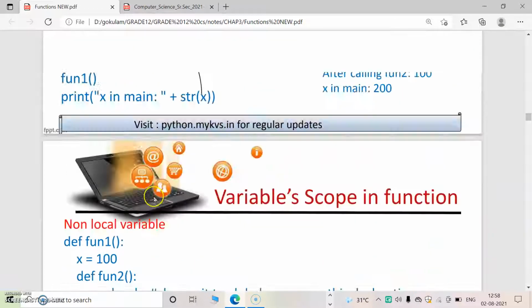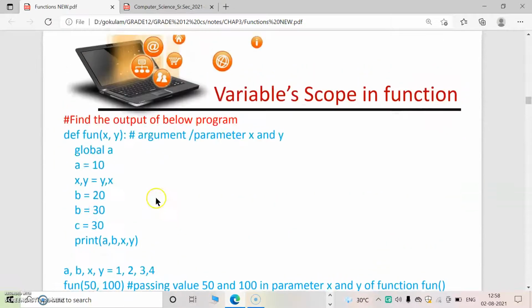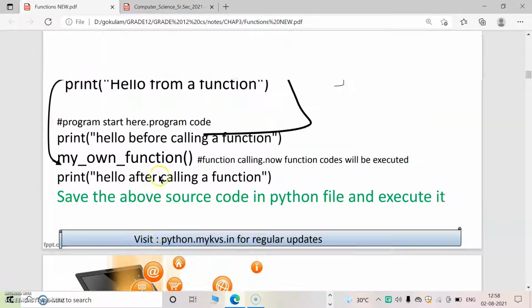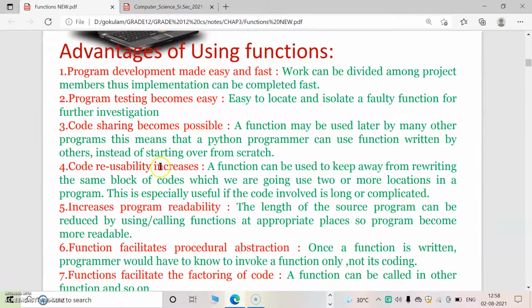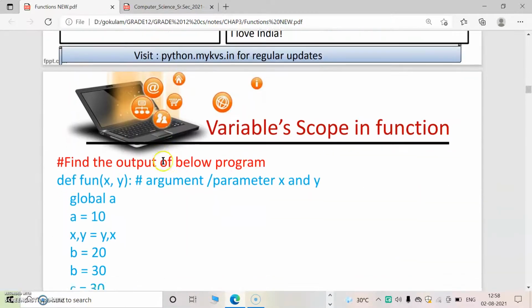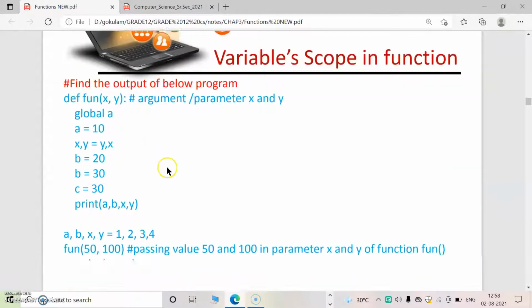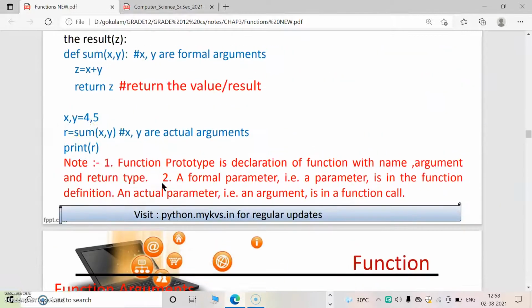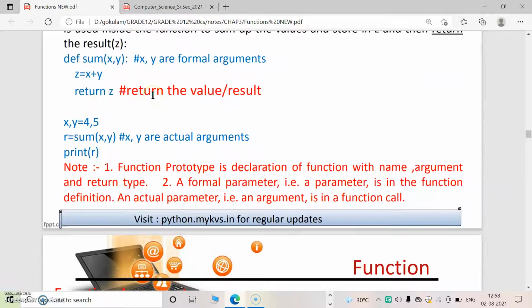Then we talked about return type. Return type means we can use a function with a return statement, or without using a return statement. If we are returning a value inside the function, we use return with the corresponding value, return 1, return 2 and so on. If you don't want to return, we can print the value right there itself. If we are returning a value, then in the function call a variable is assigned to receive that value.